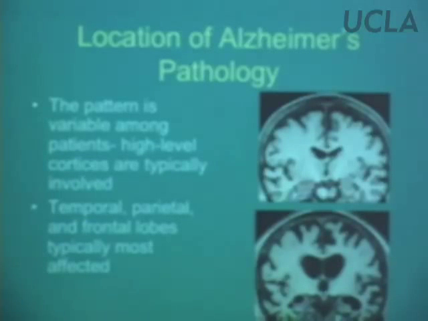However, some of the earliest regions where you see Alzheimer's disease is in the medial temporal lobe, hippocampus and entorhinal cortex. You start to see in the earliest stages shrinkage and the development of these plaques and tangles. So that's the typical progression. Starts in hippocampus and entorhinal cortex, but then other areas become involved as the disease progresses. And I would say the regions where you see degeneration in an advanced case are the temporal, parietal, and frontal lobes particularly. And that kind of fits.